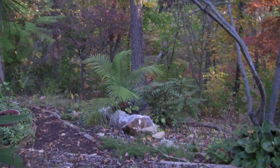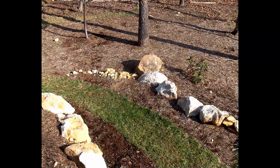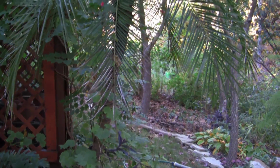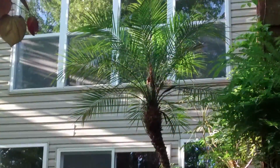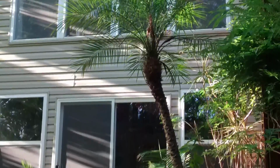Now, let's look at the trail. Yeah, this is what it looked like when I first put the trail in, almost 10 years ago. And now here it is today. And this is one of my problem trees. It's a Phoenix roebelenii, a pygmy date palm that I planted from a seed 25 years ago. Oh, wow. The problem is, it's now about 12 feet tall,